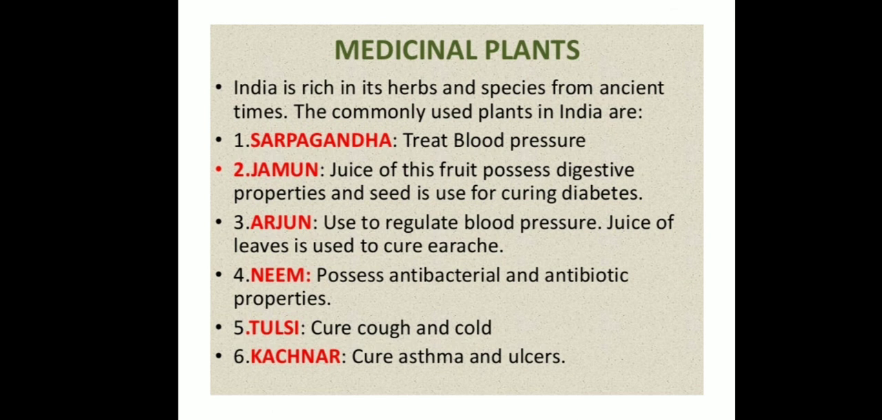Then, after that, we have the next topic, that is medicinal plants. Plants which are rich and used for medicines, as India is rich in its herbs and spices from ancient times. The commonly used plants in India are sarpagandha, which treats blood pressure, jamun, juice of this fruit